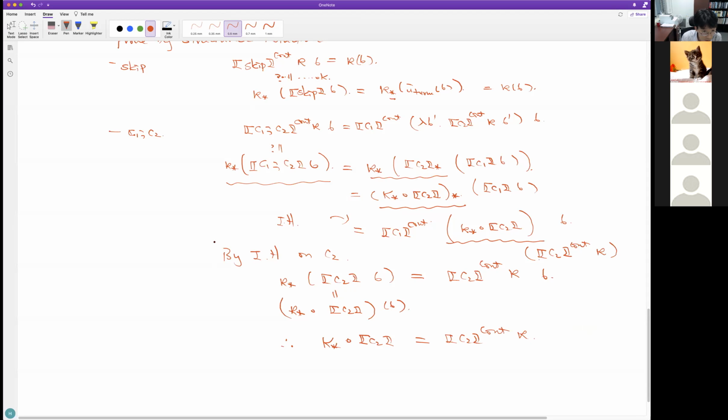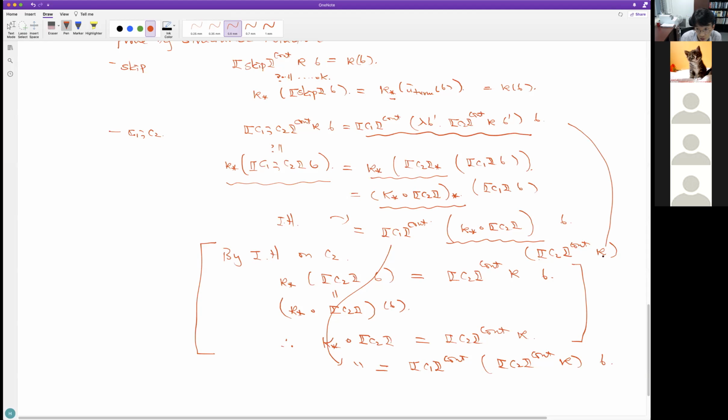This is some side calculation. What we have here is the same as C1 continuation, C2 continuation kappa, sigma. That is exactly the same as what I wrote over there. So these two things are the same.